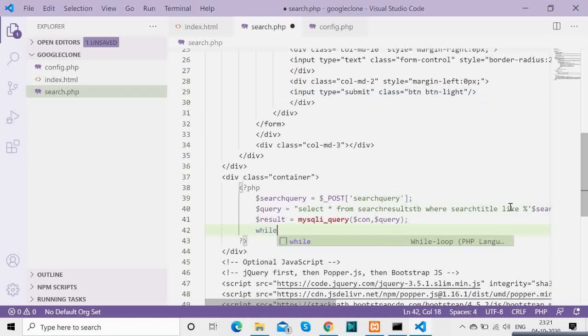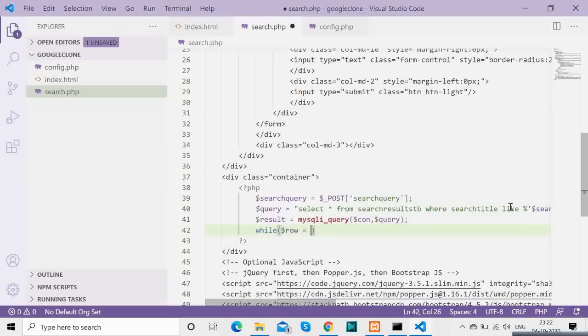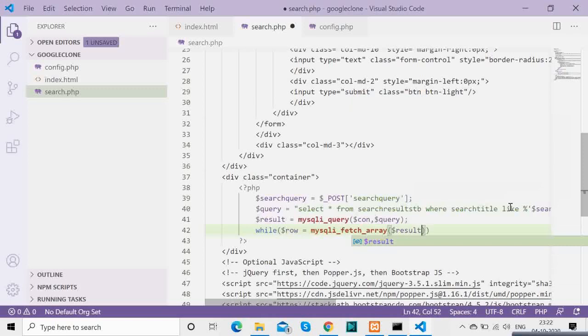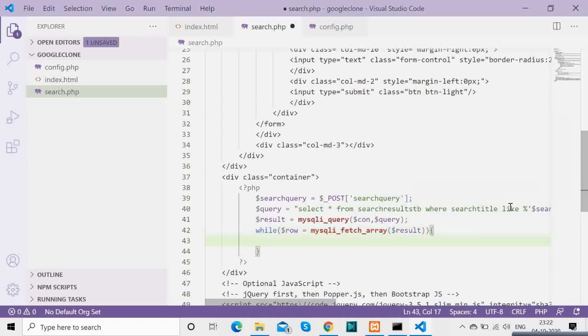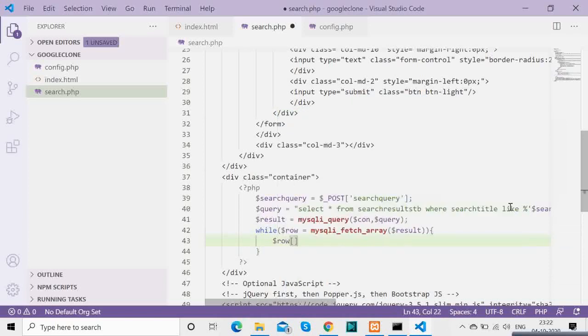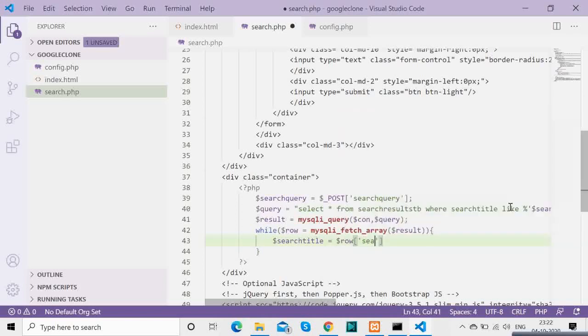Now we have to loop through that array and get those results inside individual variables so that you can use them to render on the screen. For that reason you will see me storing that in a row array and then getting those individual column names, getting the values and then rendering that. Sorry, not in the table, here we are using a div, we are not using a table.